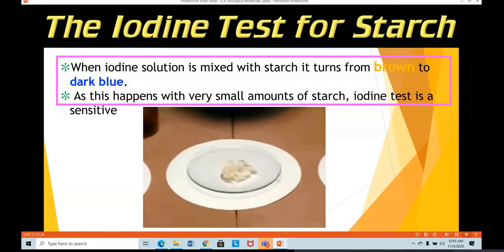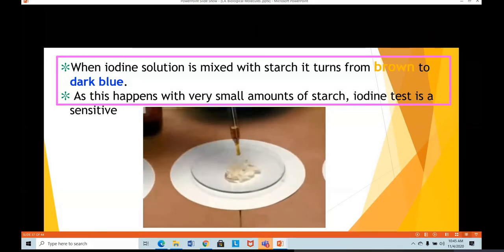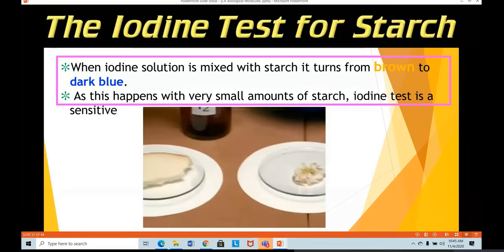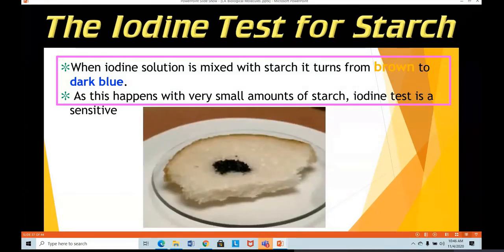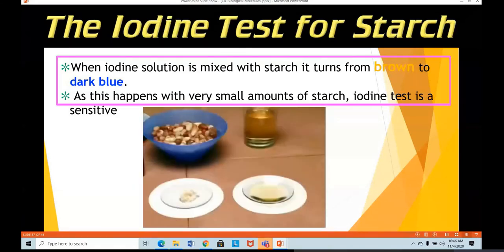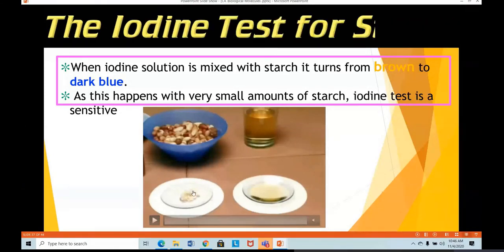Brown. So you can see it is being added to various carbohydrate sources over here, to a slice of bread. And what was the second one he added that to? See, the change of color, meaning the carbohydrate is present. Similarly, you can see the nuts over here. The biuret solution is being added.